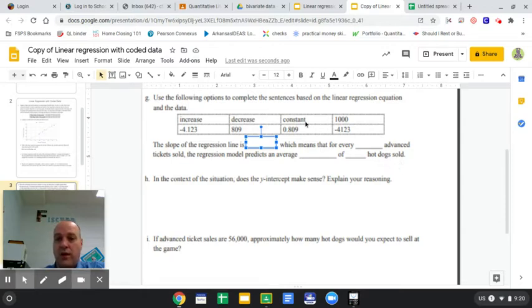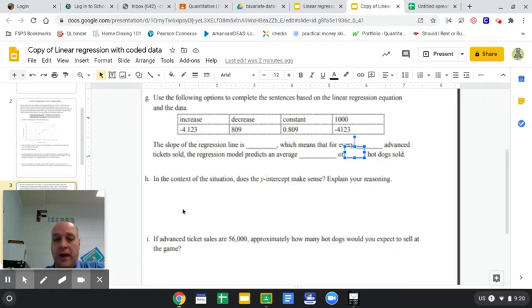So the way it looks, if you look at 0.809, that is really 809 over 1,000. So that means for every 809 hot dogs, there was 1,000 tickets. Okay, so that's 0.809, that's 1,000, that's an increase and